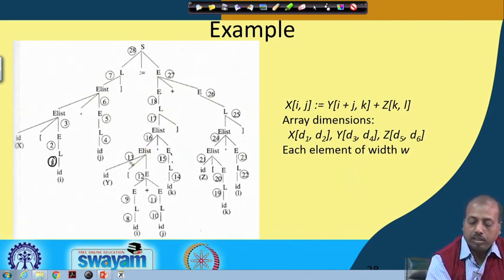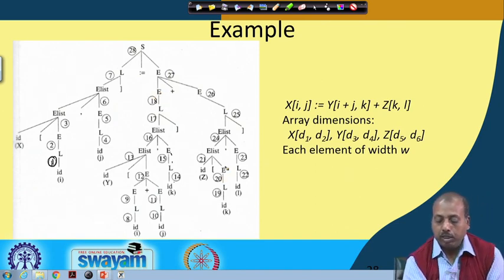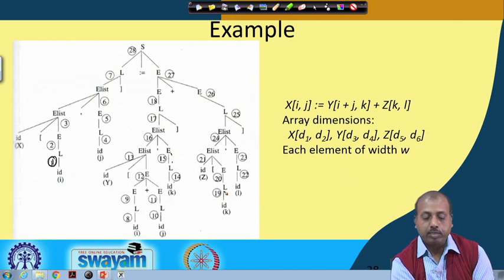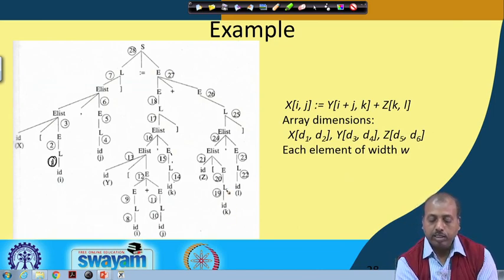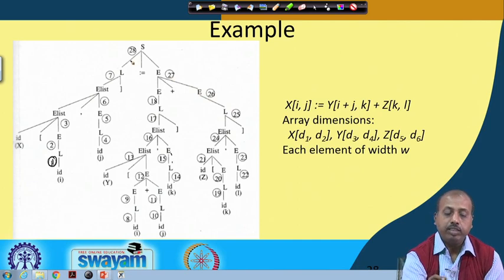So this reduction is number 16, this reduction is number 17, this is 18. So, up to that is done. Now, again I have to fall back and see what is the next possible reduction. So, this one L producing id, number 19, then E producing L 20, then this reduction 21, then L producing id 22, E producing L 23, then this is 24, this is 25, 26, 27, 28.